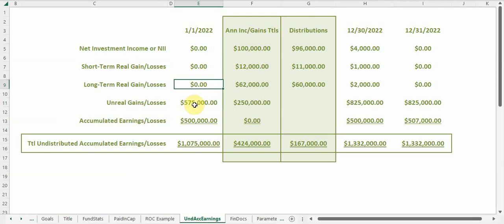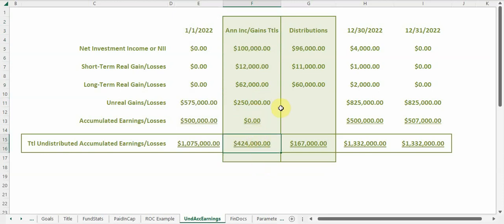Now, to simplify our examples, we are spanning it over a period of 1 year, but you'll be able to imagine how this scenario plays out on a quarterly basis or a monthly basis. Now, as you can see in the column next to it, our hypothetical fund earned net investment income of $100,000, short-term realized gains of $12,000, long-term realized gains of $62,000, and unrealized gains of $250,000, for a total increase of